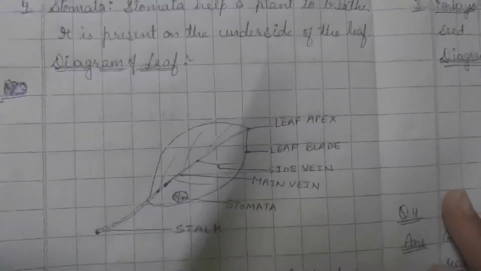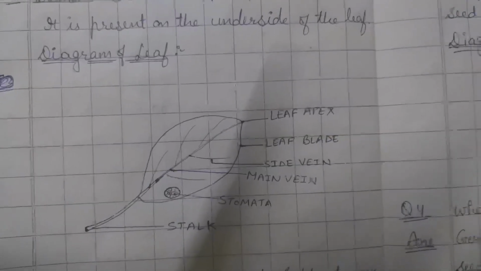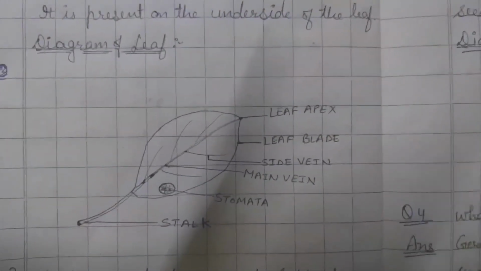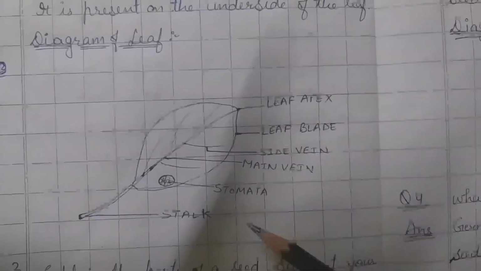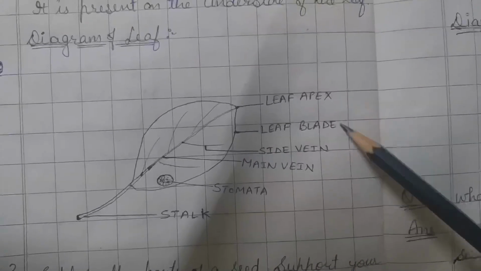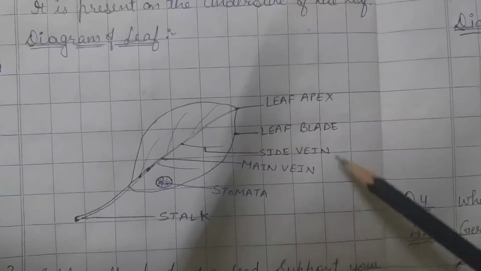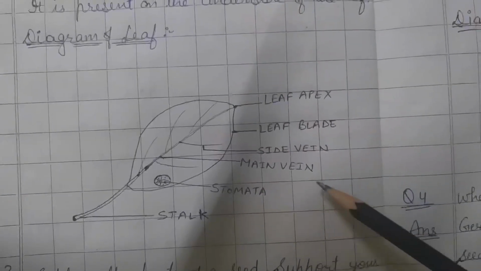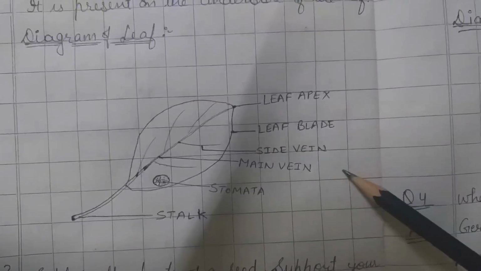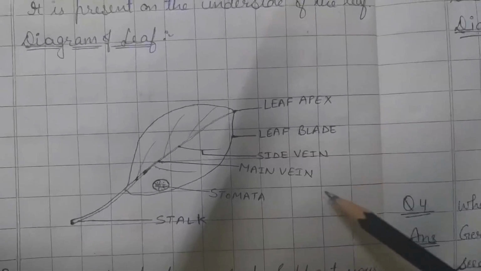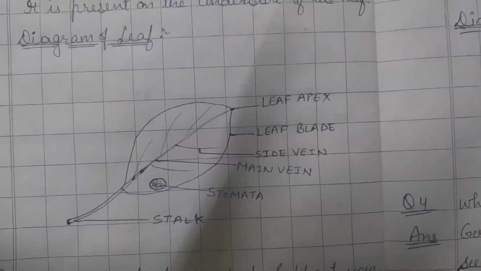Next, diagram of the leaf, because in the question it has asked you to draw the diagram of the leaf as well. So you have to draw the same diagram which you have already drawn. Draw on your notebook and make sure all the labels of the diagram should be on the right side and all should be in capital letters like I have written. You also have to write all the labels in this way, otherwise your marks will be deducted. For diagrams, everything has to be in capital letters and all the labels should be on the right side.